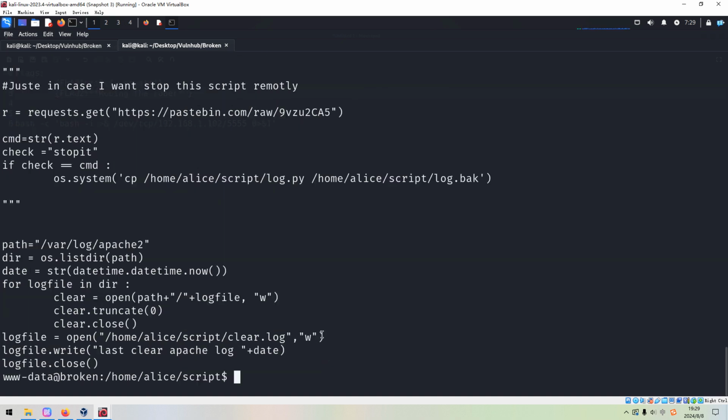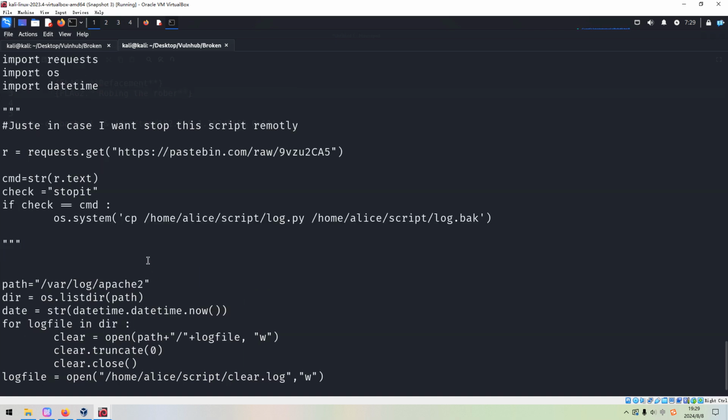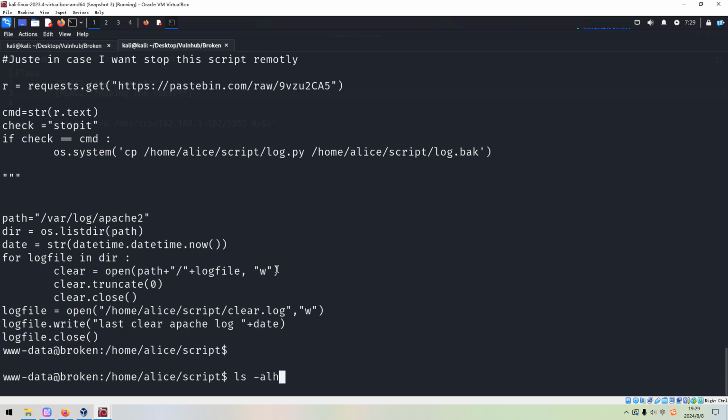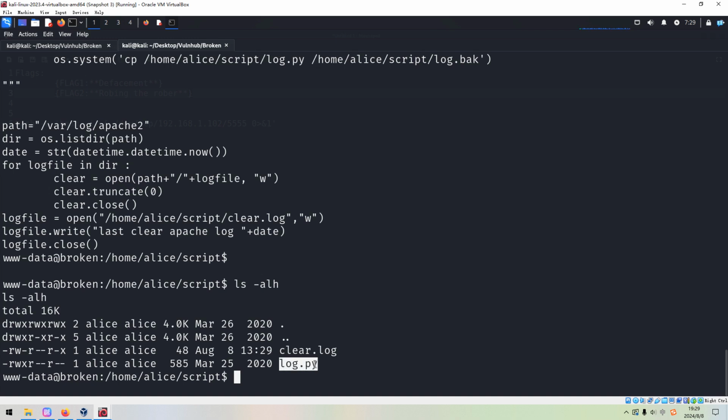As you can see here, just in case I want to stop this script remotely, and system. So we'll copy. Okay, I don't think we need to care very much about this Python script. If we can manipulate this Python script, it will be executed regularly. As you can see here, open, and then we can write this message.